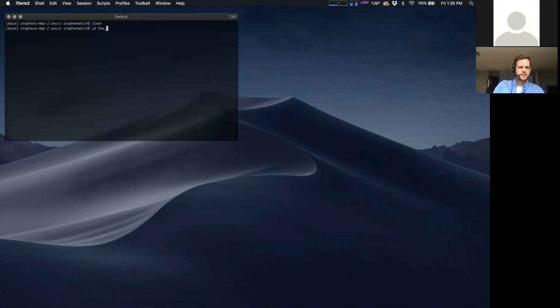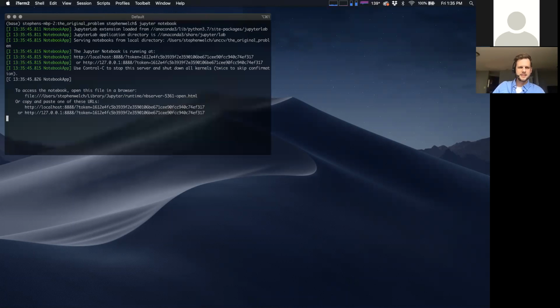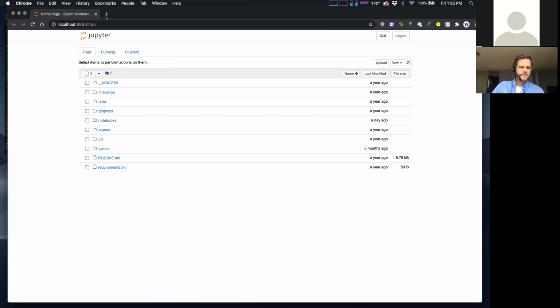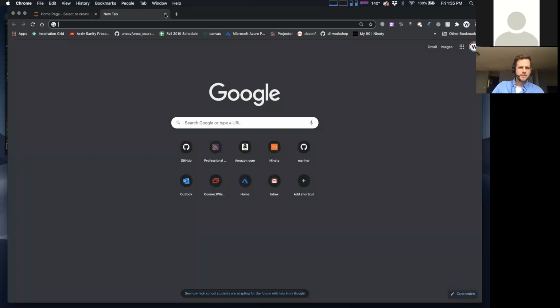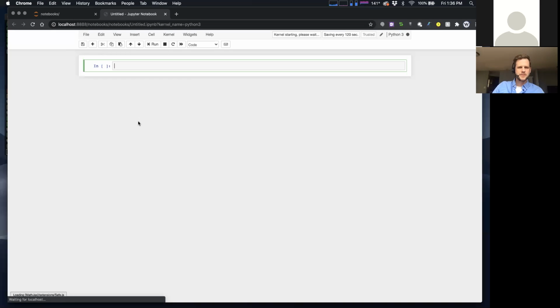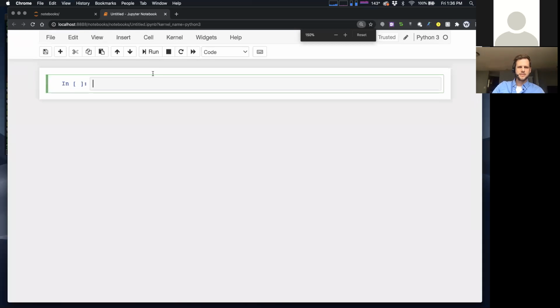So let me go to this repository, which is the original problem. I'll make this a little bit bigger in case it's hard to see. And I'm going to launch a Jupyter notebook, just like we've been using in class. Let's get into these magic functions like Nick asked about. I'm just going to open a new notebook. Let me get this off to the side a little bit. I'll do new Python 3. Cool. I'll make this bigger. Hopefully that's coming through okay.